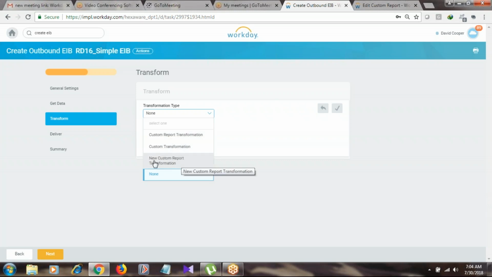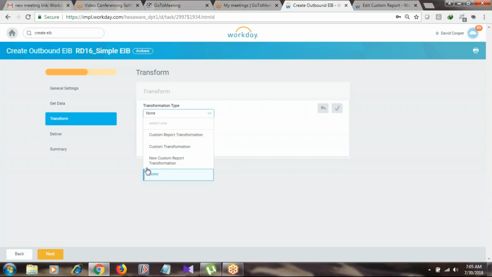When we are creating the integration for the first time, we choose the new custom report transformation option; later onwards we choose custom report transformation. Both are the same here. Now we can see three here: none, custom report transformation, and custom transformation.